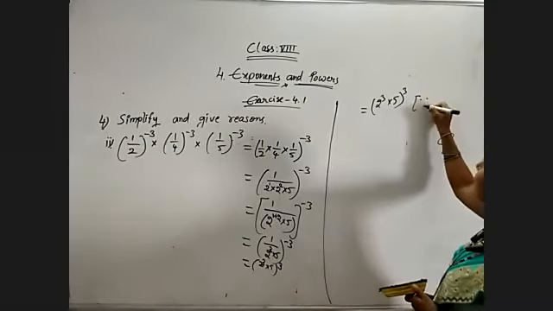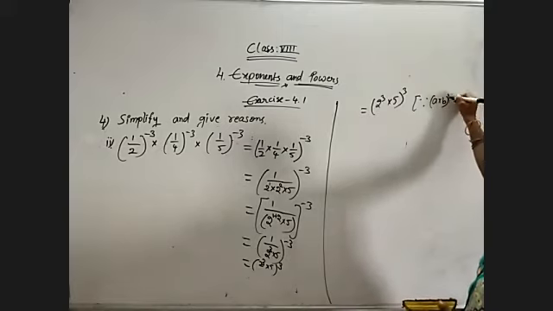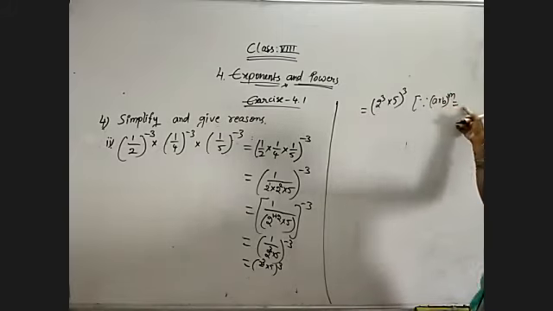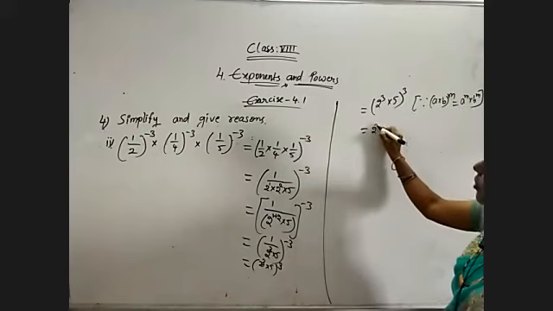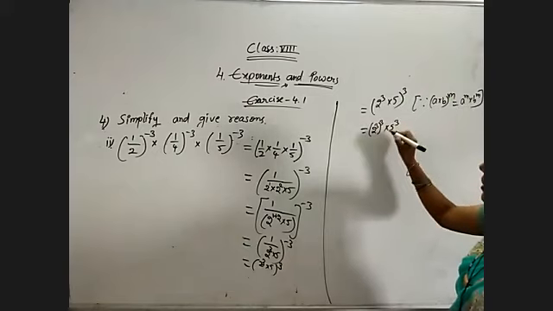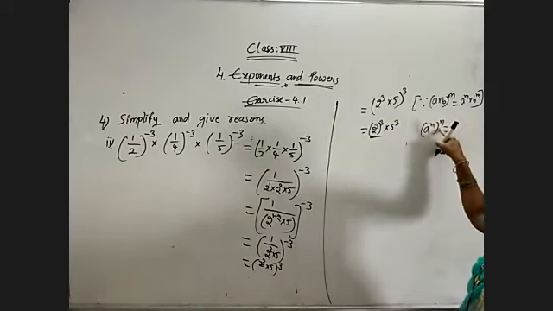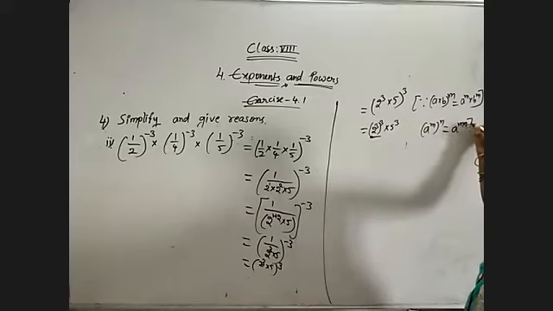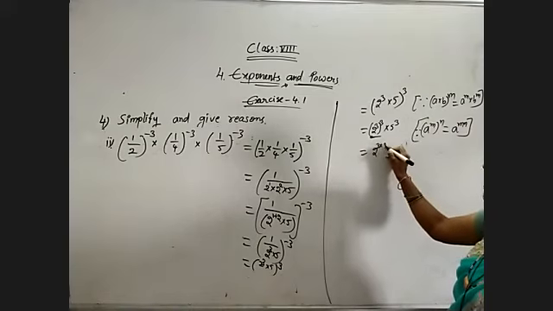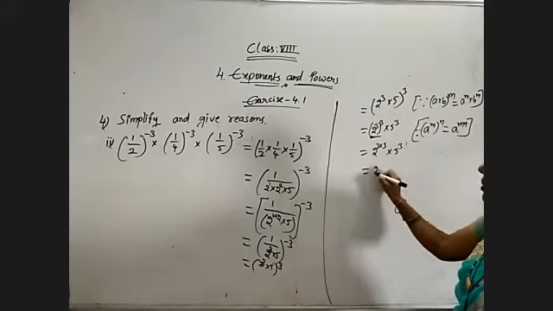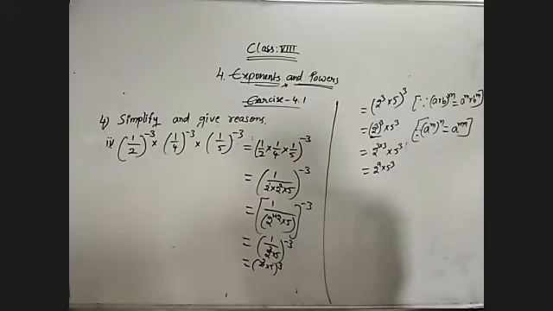So that is in which form? A into b whole to the power of m. Then we need to separate the terms: a power m into b power m. So here 2 cube whole power 3 into 5 cube, and here it is not in the simplified form, that is in the form of a power m whole power n. What is its simplification? A to the power of m into n. So use that formula and simplify. 2 to the power of 3 into 3, into 5 cube. So 2 to the power of 3 threes are 9, into 5 cube is the solution for the given question. So once again observe this.